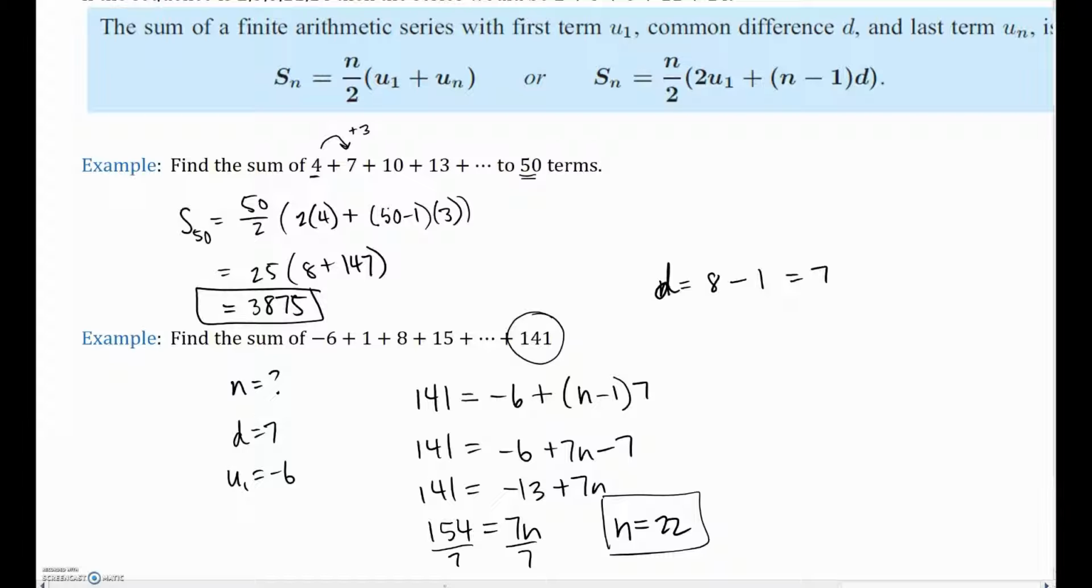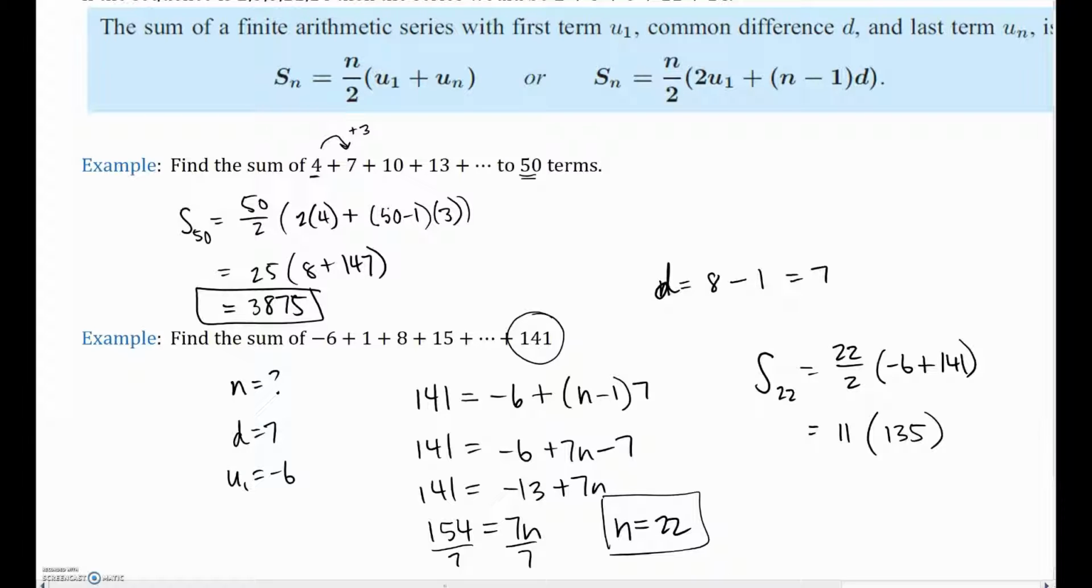So they wanted the sum, but now I can finally use the formula. Good news, I can use that first formula. The sum of the first 22 terms is the number of terms, 22 over 2, times the first term. What did we say the first term was? Negative 6, plus the 22nd term, which is 141. Now I can say that is 11 times, what is that, 135? 135. And if I use my calculator,